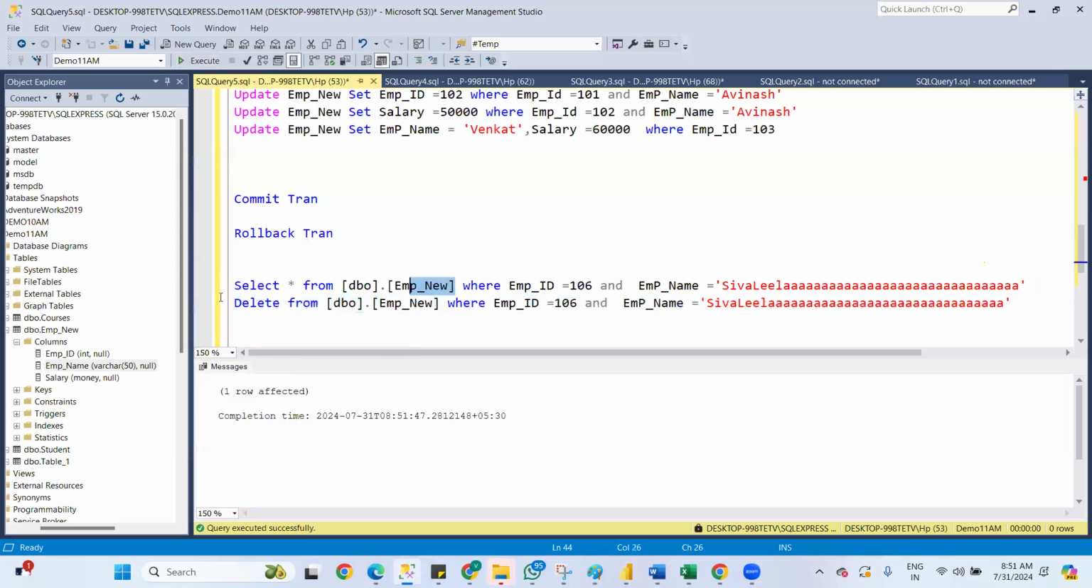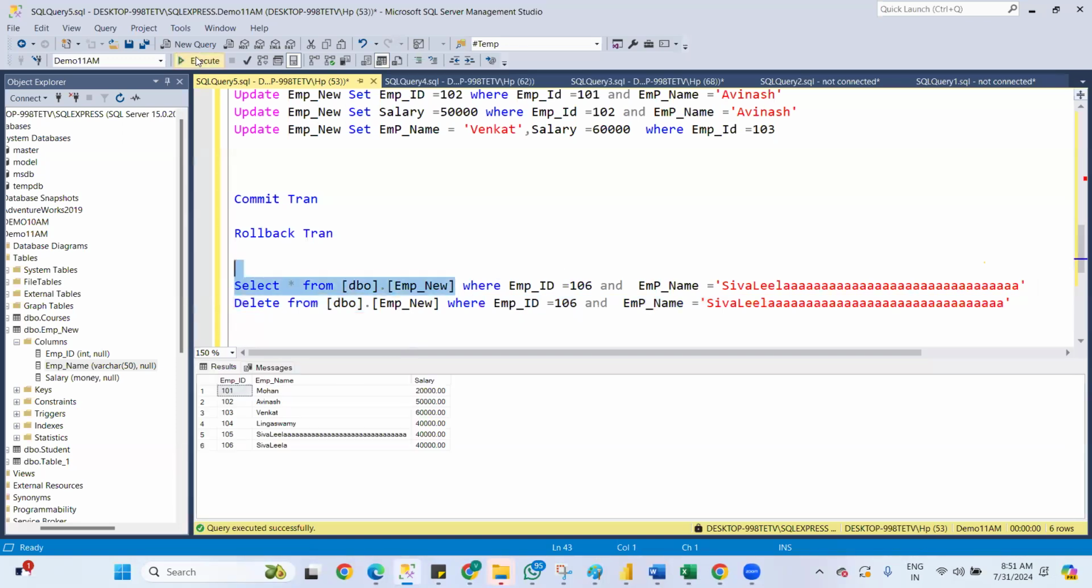So now check what is the data. See here, we have corrected. Employee name